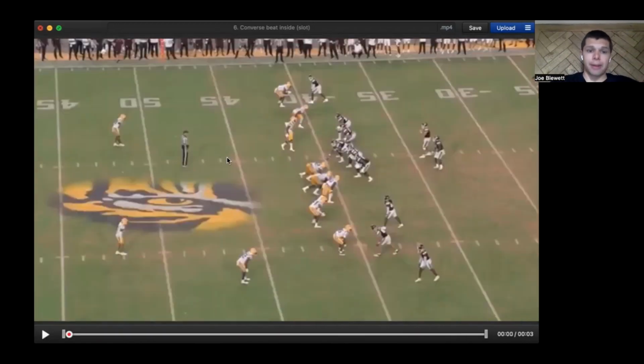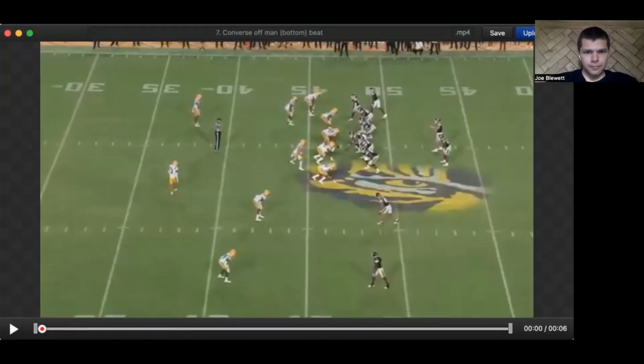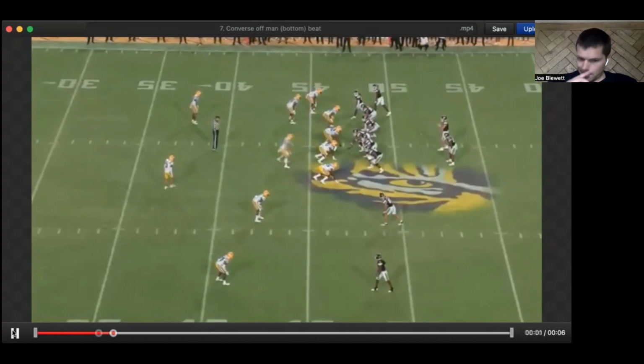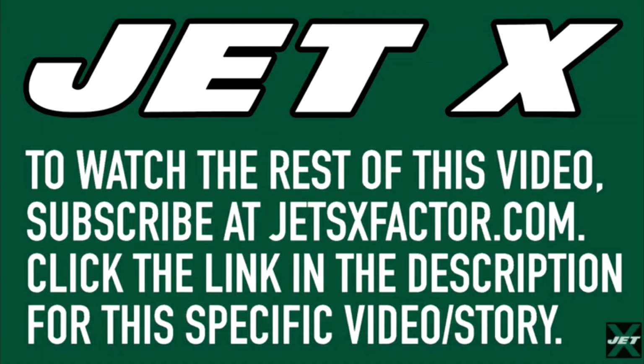And again, it wasn't a bad play, but something I decided to record for whatever reason. Converse, off man beat. You want to see him be able to react a little bit quicker to that break. It takes him an extra second to match the break inside. And again, you have